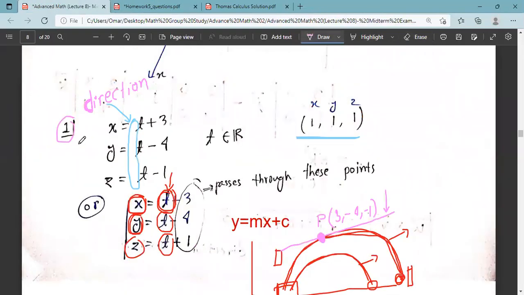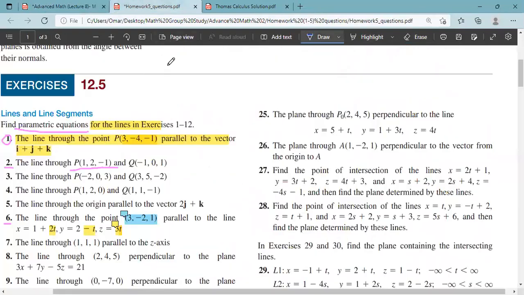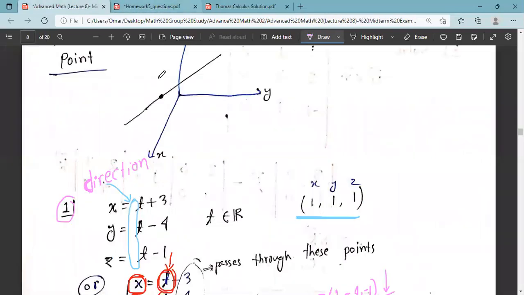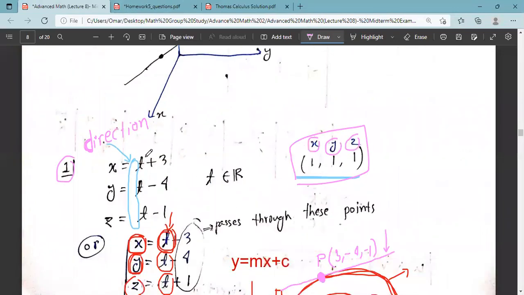Okay. So we have the direction here. So the direction is the vector. It is i + j + k. That means the coefficients will be 1, 1, and 1, right? So this one is x, and this one is y, and this one is z. And then we have to. So this vector, these are the coefficients of our variable. Do you still remember that time variable?